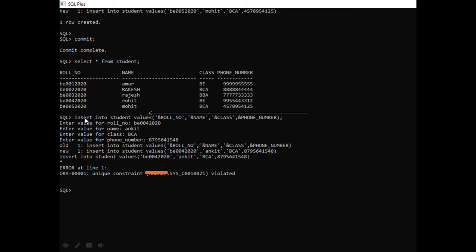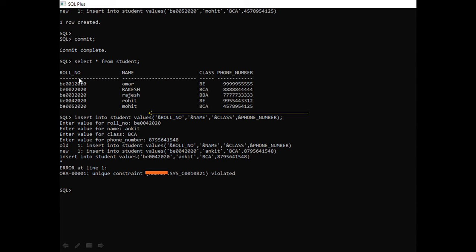I am using another command, insert into student values, the same thing. Enter the value for roll number. I have inserted B0042020, name is Ankit, class is BCA, and the phone number is this, but it is not inserted. It gives me an error message, unique constraint. Why? Because I have inserted B0042020, which already exists in the table.